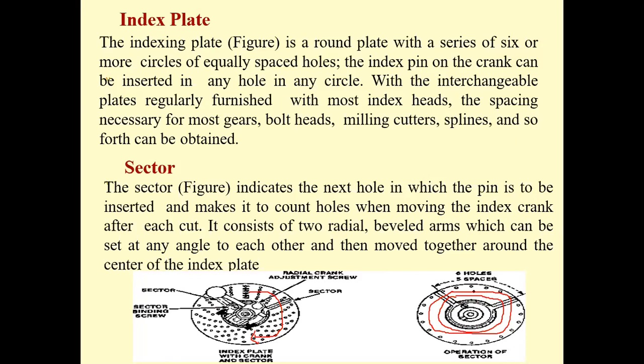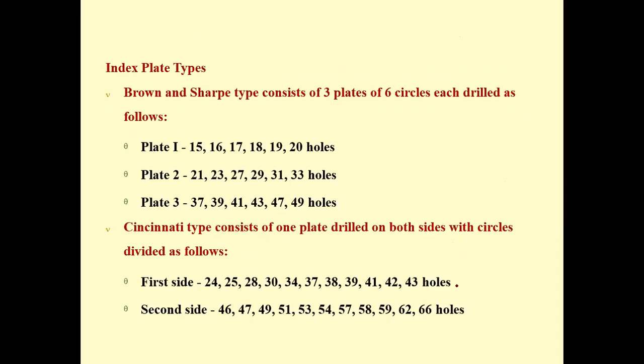In the indexing plate you have equal spacing of holes, even at different radial distances. As per the number of sides you are dividing, you need to choose your indexing plate. This is the typical indexing plate. Maybe you have a different number of holes. In indexing plate 1, as the standard, you have 1, 2, 3, 4, 5, 6 different rows of holes. Maybe you can see different sizes of holes. For example, in the internal sector maybe you have 15, and above it there are 16 holes.